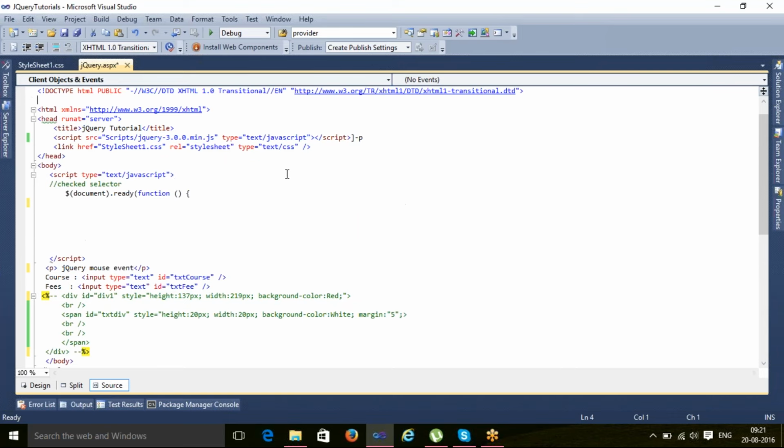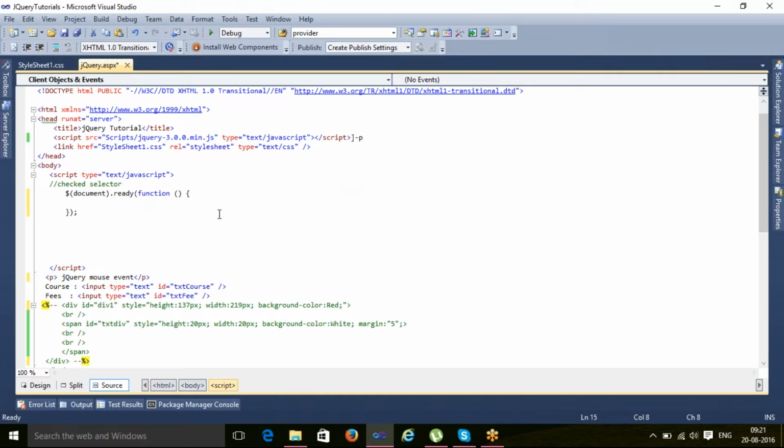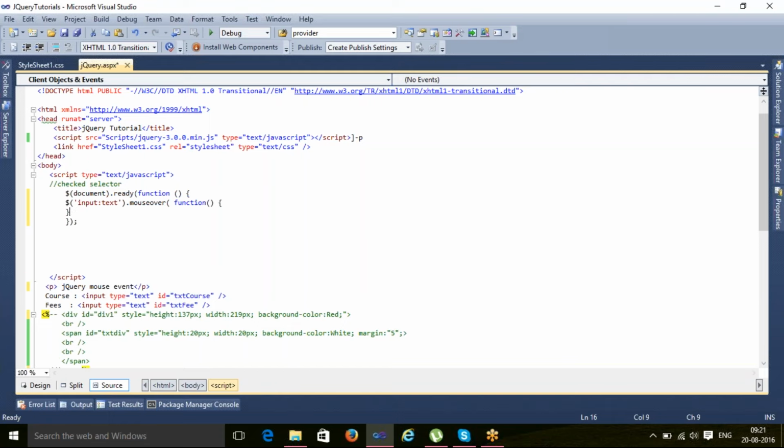So let's go to our jQuery. This is our document.ready. Now I need to search all the input text elements. So I'll say input colon text, and I want to apply the mouse events. Let's start with the mouse over. So in this method, I just want to write